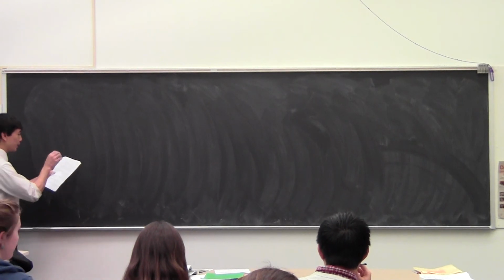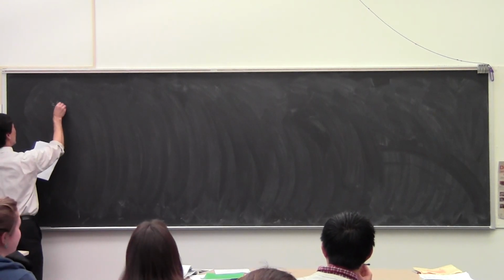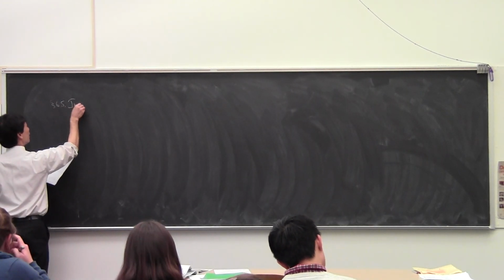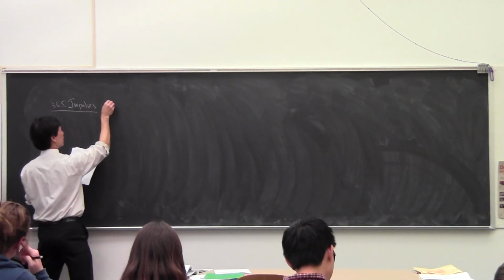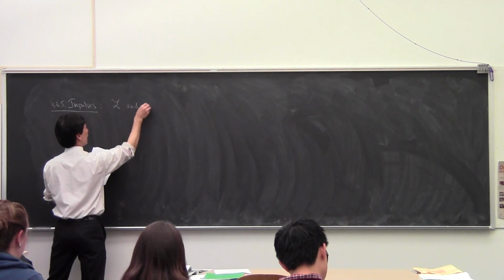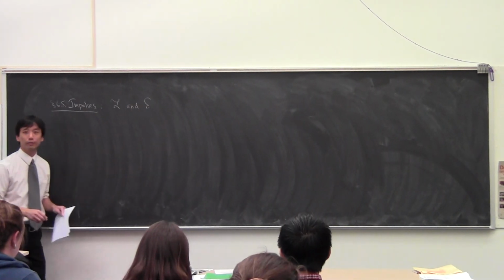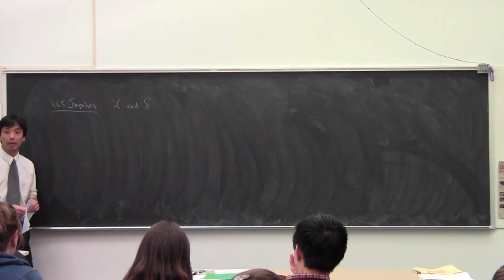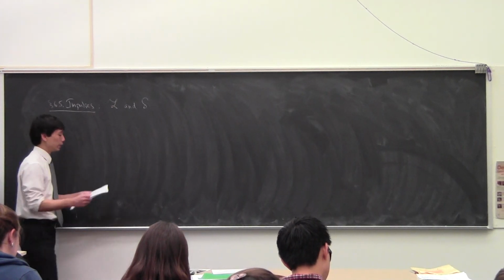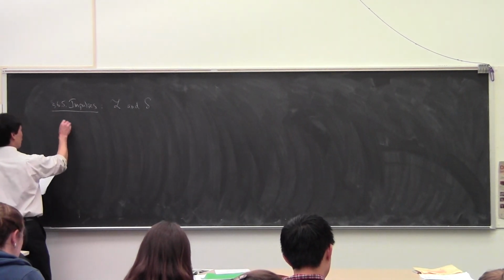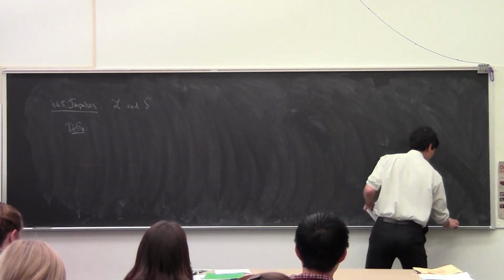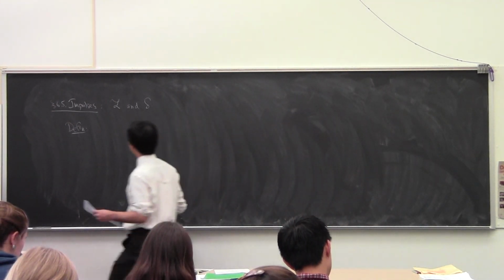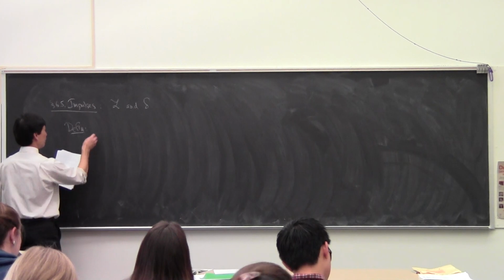Enough of translations. Let's go on to 6.5, impulses. So this is basically the Laplace transform and the Dirac delta function, which some of you may have encountered. The Dirac delta function. Okay, so we define